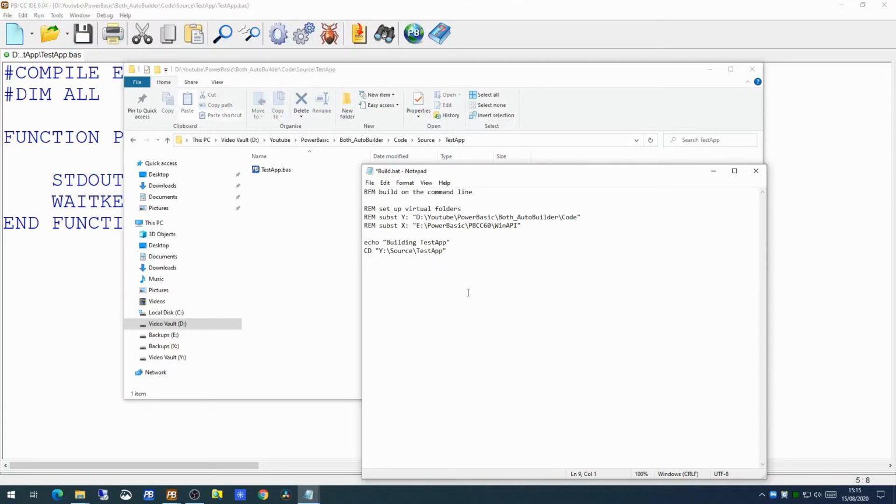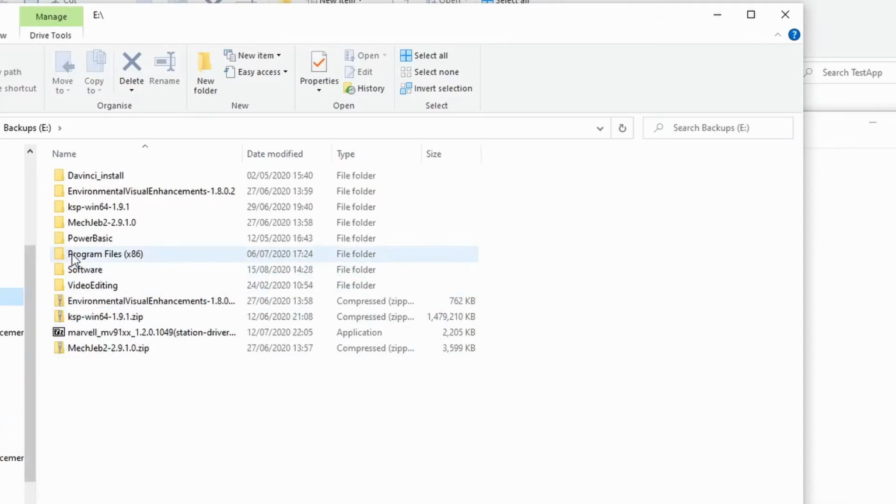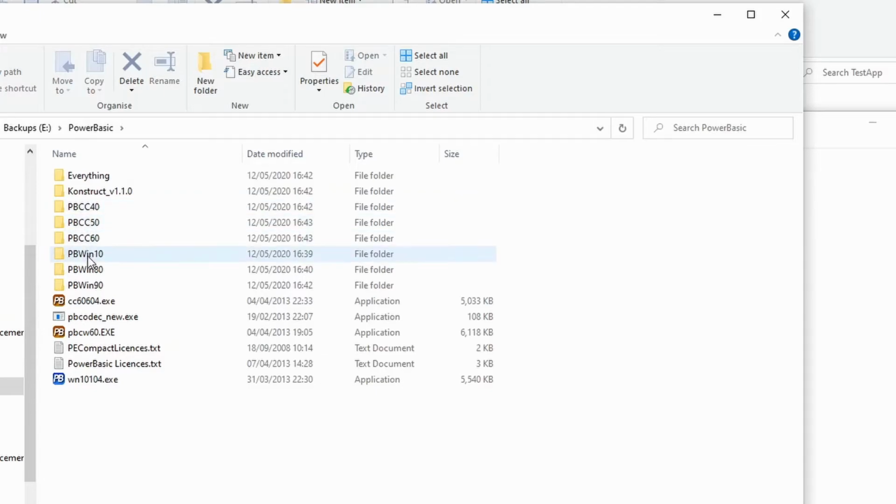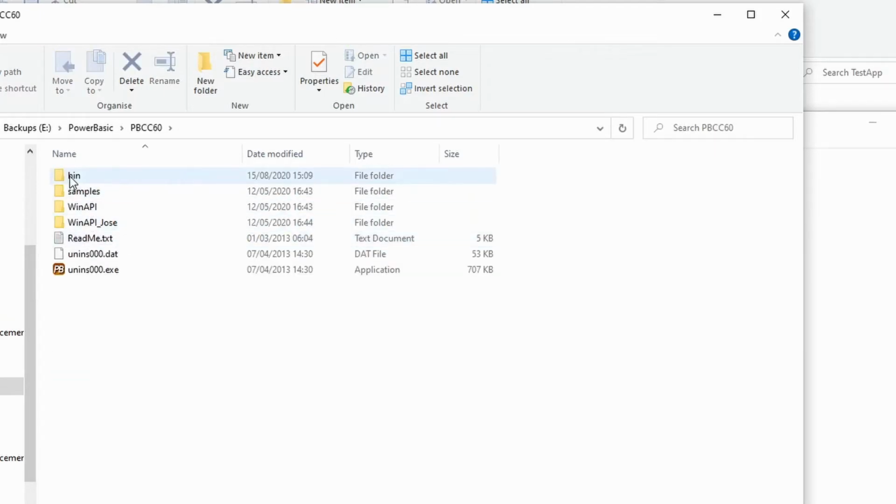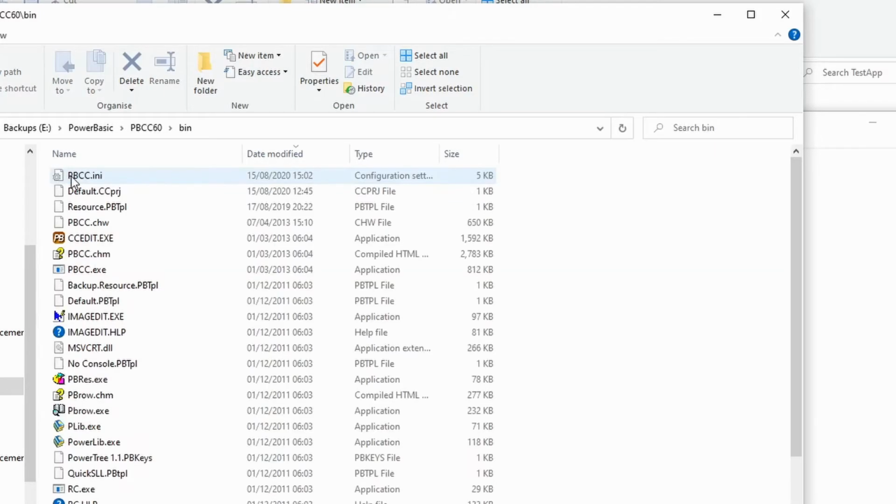What we need to do now is to execute our PowerBasic console compiler. So we'll locate where the PowerBasic console compiler folder actually exists. It's inside the bin folder. Now we're not looking for the CC edit program, which is the one you normally run to create and edit your applications. We're looking for the pbcc.exe file. This is the one that will actually do the compilation for you. So we want the path to there,